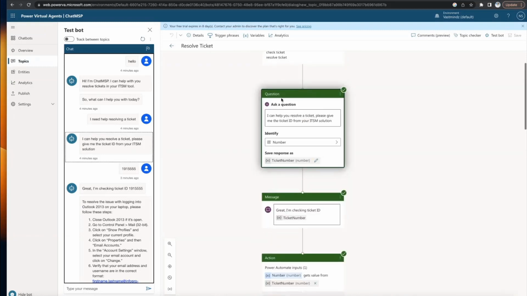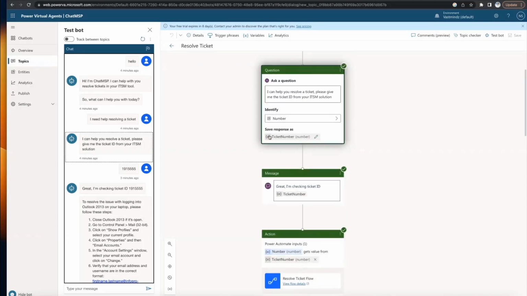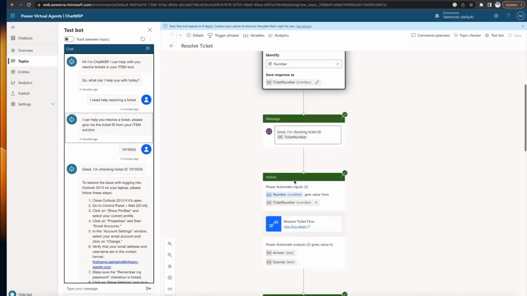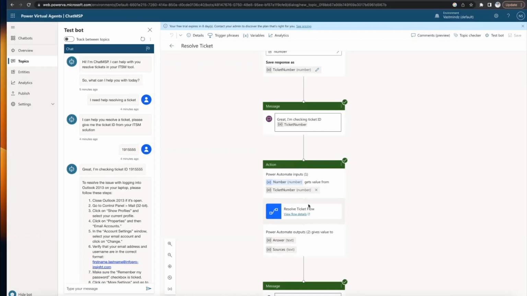And what that does is it asks a question about which ticket ID it needs. I would just respond with the ticket ID. It would save that response as a number variable, and this is how you can specify that. Then it would tell me, oh, I'm checking this ticket ID, and it would call a Power Automate flow. This is, I would say, the best thing about Power Virtual Agents: integrating it with Power Automate flows. So if I look at this